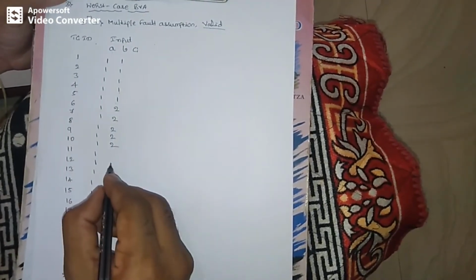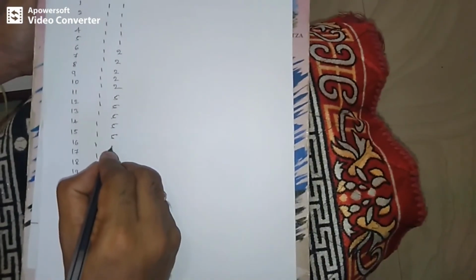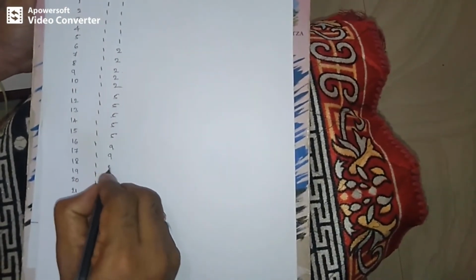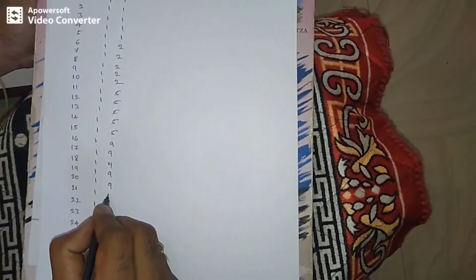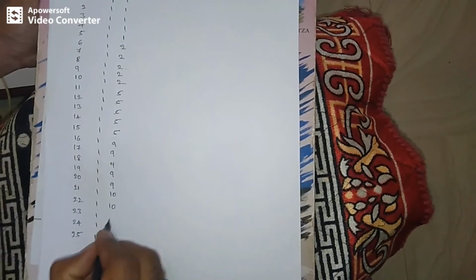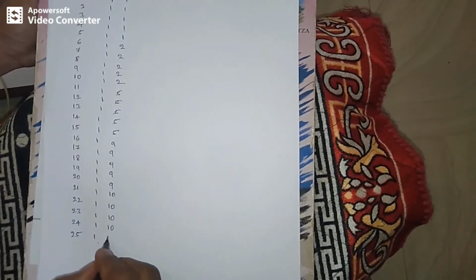Next 5 times the B value will be minimum plus, then nominal. Next 5 times the B value will be max minus. Next 5 times the B value will be maximum. Maximum means 10, 10, 10.